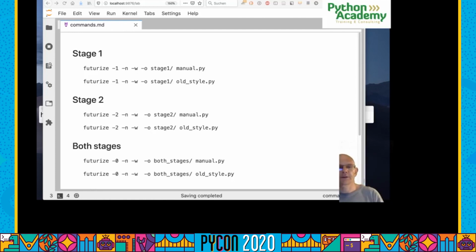Okay, let's have a look at the solutions. The solutions are very easy. You have to use Pasteurize, and you just need to use these commands. The Pasteurize command for stage 1 would be -1. The Pasteurize command for stage 2 is -2, and Pasteurize for both stages is -0. If you do this and apply it to those files, then it works, and you specify